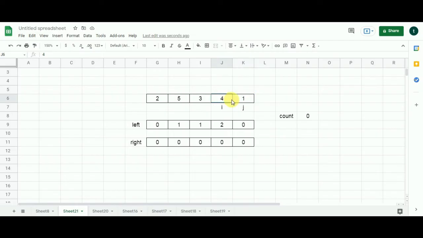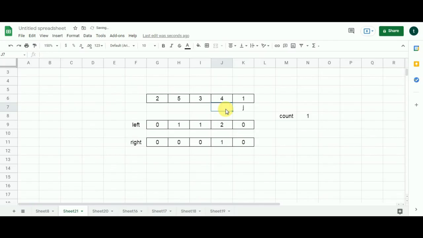Currently I represents 4 and j represents 1. So is 4 greater than 1? Yes, it is. So we are going to increment the count variable by 1. Now since j has completed its only iteration, I'm going to populate the value of count variable in here. I am reiterating that this cell represents, for the current rating, how many ratings exist on the right hand side that are less than this rating. So there is only one rating, 1, hence the value 1 in this cell.